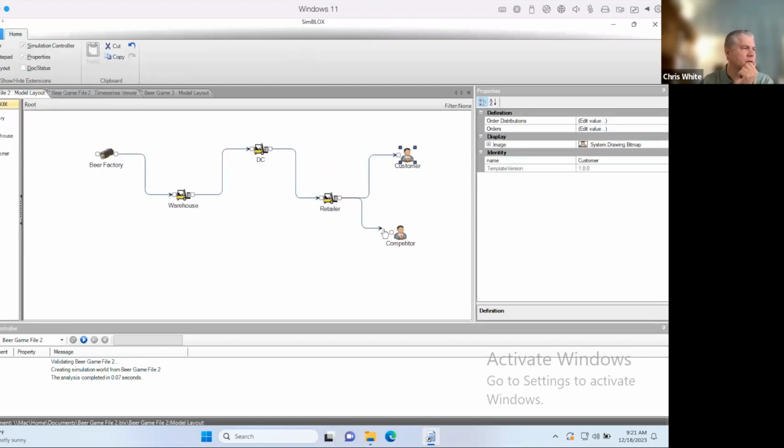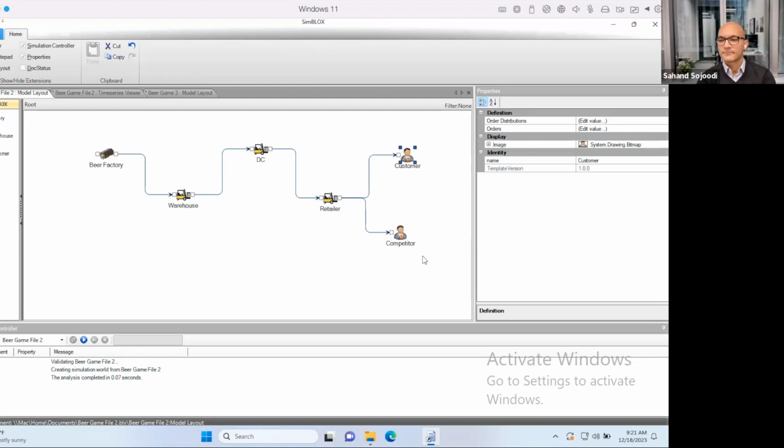But what I'm going to do is add a competitor now. So there's someone else drawing from the same retailer that I'm drawing from. Very, very simple. Of course, we could have 50 factories, we could just add to this. And that's where instructors and professors can have fun, add more tiers, add more factories. How does it help to get directly from a warehouse instead of from a distribution center or retailer? If I remove layers of the supply chain, what happens? What if I increase it? If I double up on suppliers, you can do a whole bunch of stuff. But here, just adding a competitor is all we're doing.